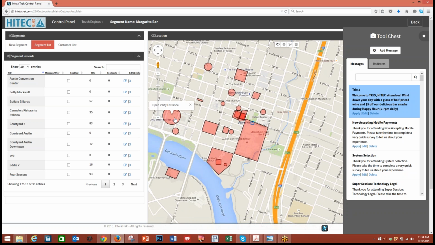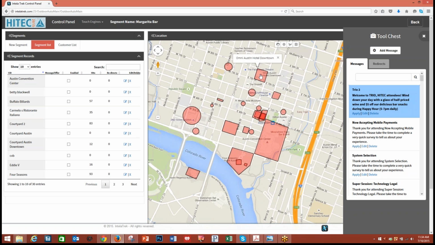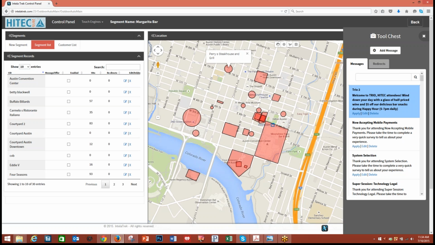let's just say that for all intents and purposes, I'm at the Omni Austin Hotel. That's the customer that's using this tool, and we're setting some fences around some of the local competitor locations, some local bars, some local restaurants. So I'll want to set the Omni Austin Hotel as a redirect site, which will tell us real time that if I set some offers over here at Perry Steakhouse and one of my people leave from the Omni and